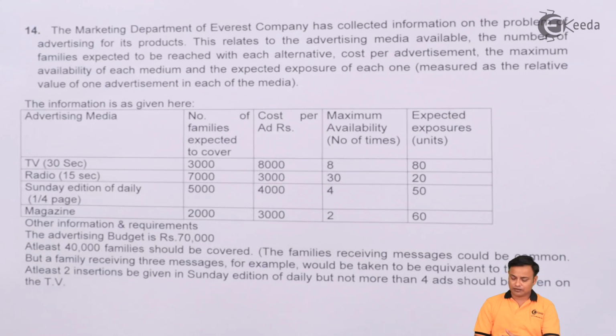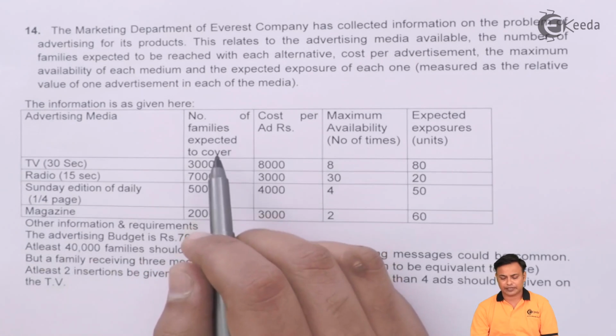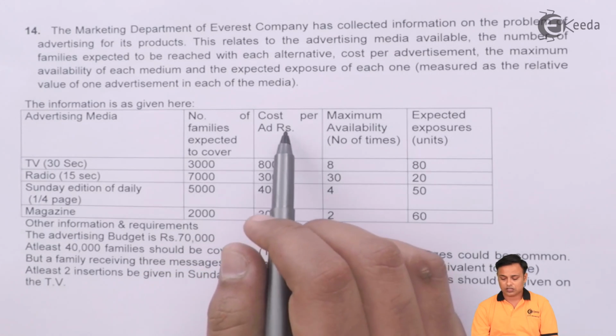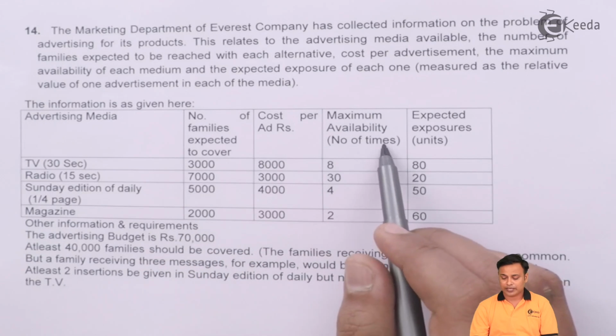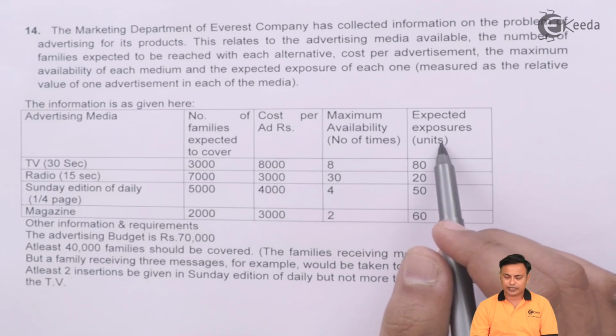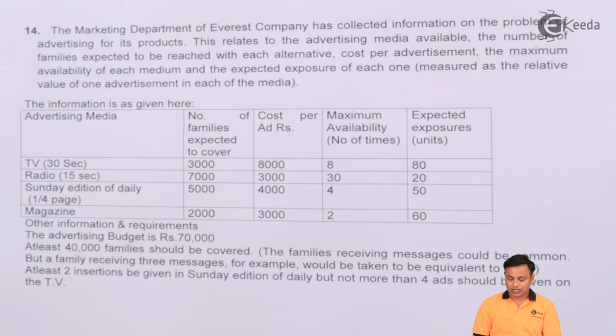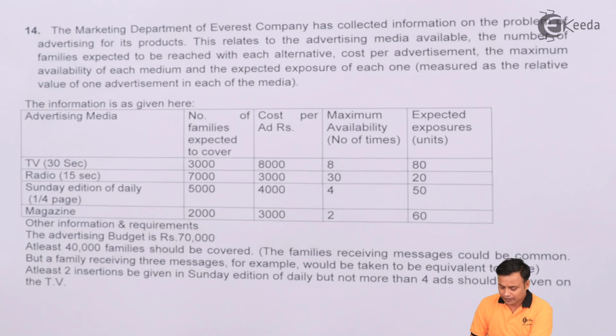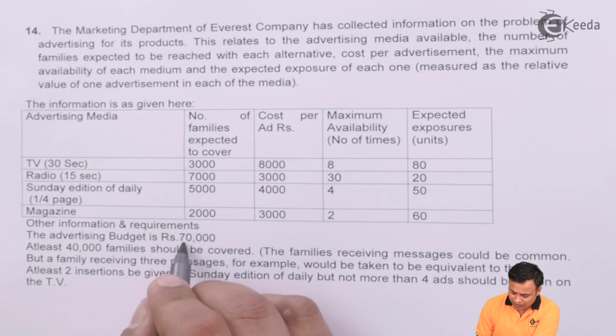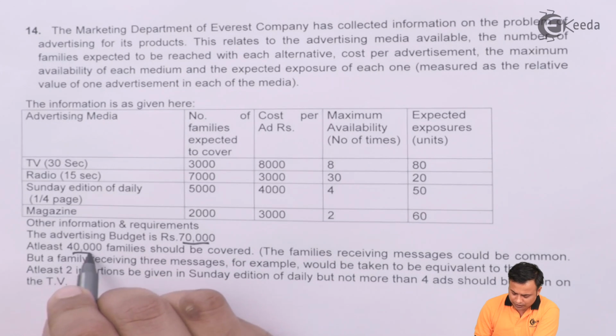And we are given different columns like number of families expected to cover, cost per advertisement, maximum availability, and the expected exposure. And we are given some additional constraints or limits, like advertising budget is 70,000, at least 40,000